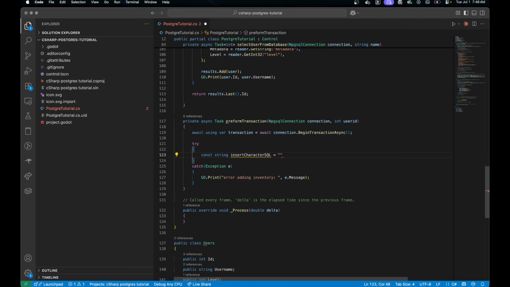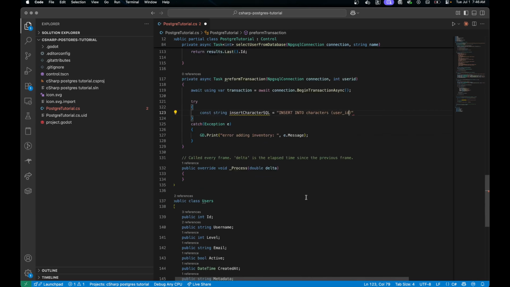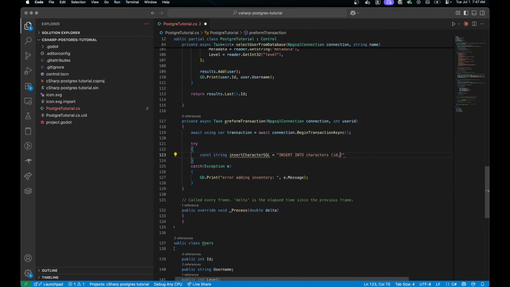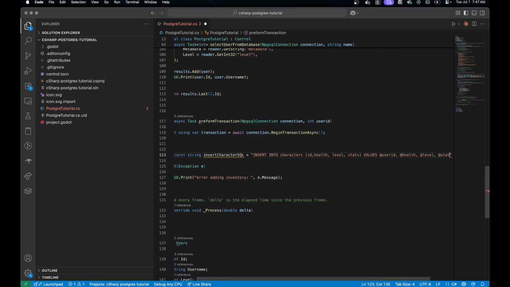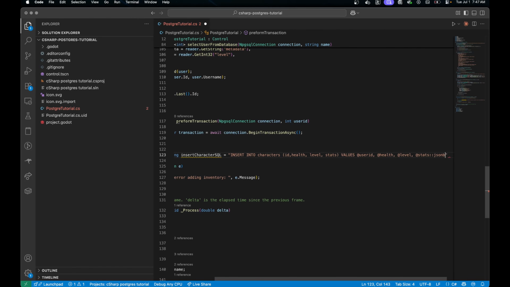So we'll type INSERT INTO characters (user_id. I believe that's what we're doing up here. Let me double check. We're just using ID. So ID, comma, health, comma, level, comma, and then stats. And then we can say VALUES. And for the values, we'll do @user_id, comma, @health, @level, and then @stats, colon, JSONB,